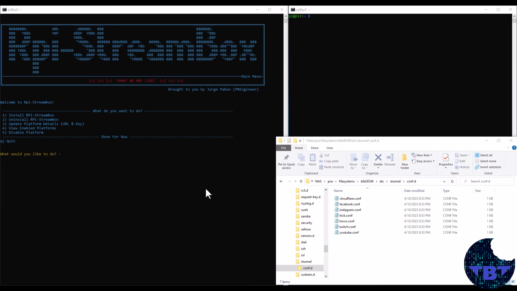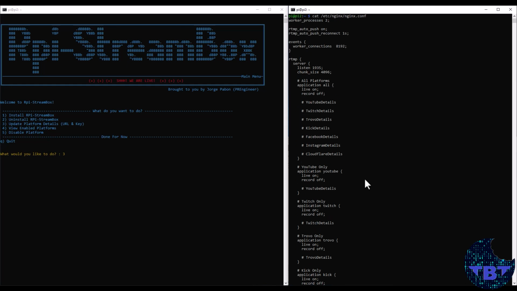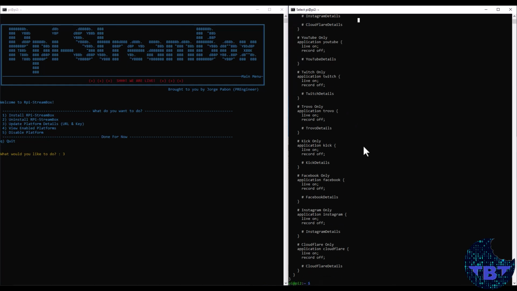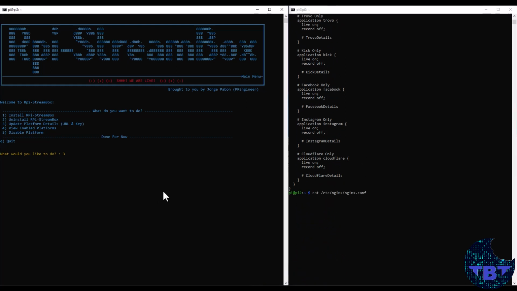Now that we have installed all the necessary stuff for our Raspberry Pi StreamBox, we can go ahead and configure our platform services where we want to stream. So we can go into option 3 to do that. But first, let's check here that our Nginx configuration file is raw, is blank, so it doesn't have any details there. And we'll see what happens to this configuration file when we modify our platforms. So we go into option 3,